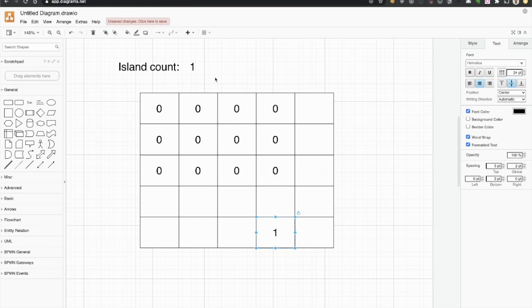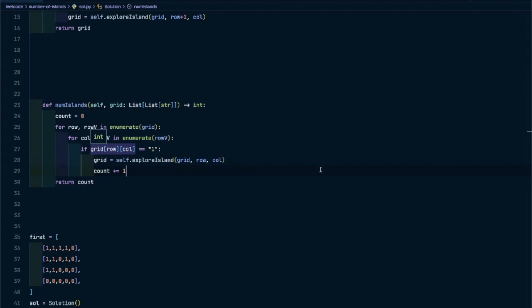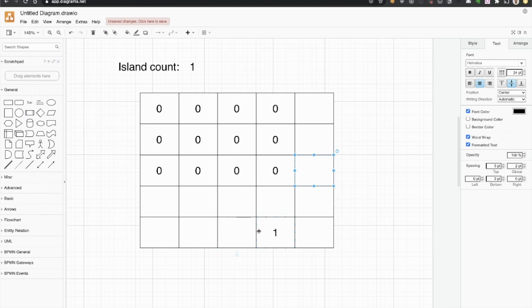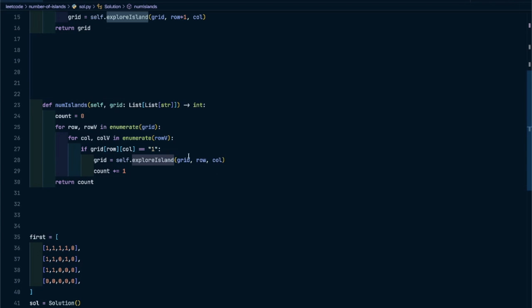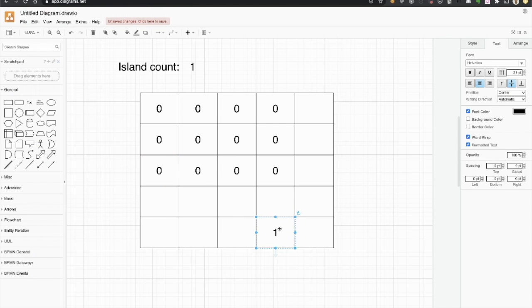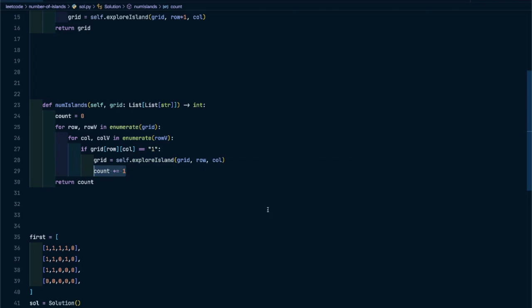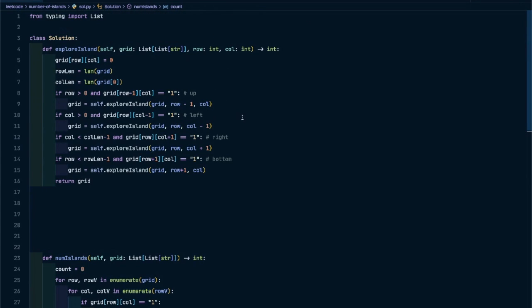And then we'll continue iterating through all of those elements, all of those squares. And all of those are zeros, so we will ignore that. As you can see right here, only where there is one will be entering into the explore island until we got to this point. And if we got this point as 1, you can see that I'm counting +1. That means I have 2 islands now. And for the grids, we'll be doing explore island again. And I'll just get here and I'll zero that out